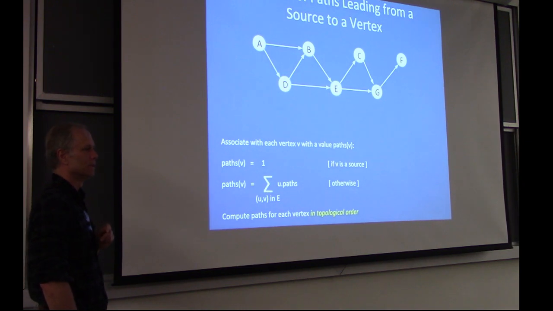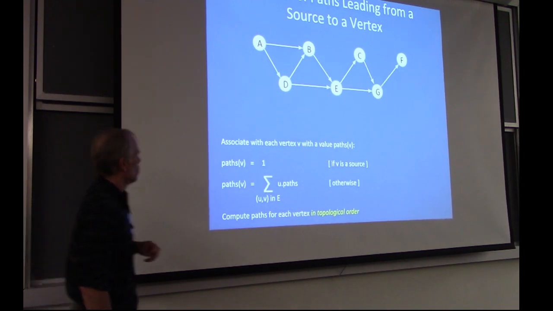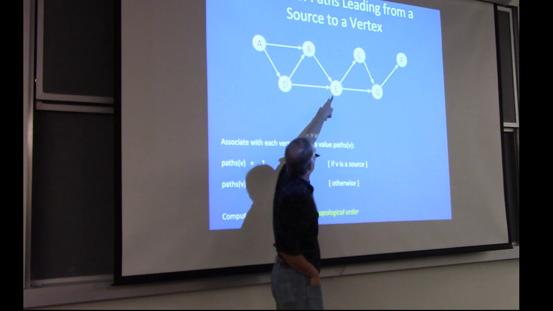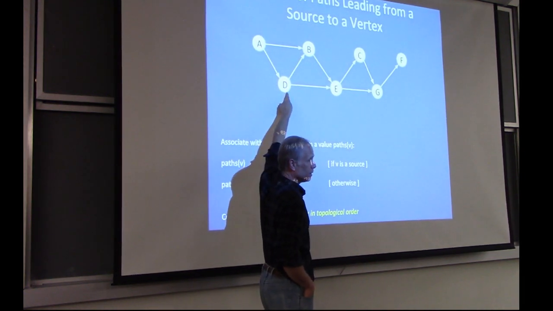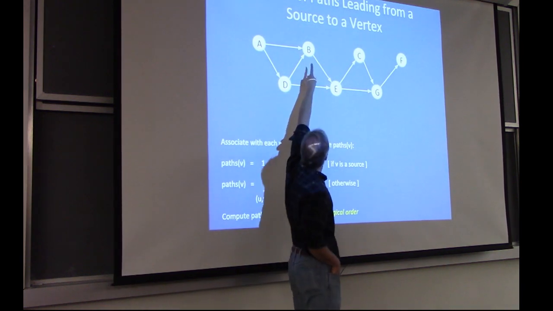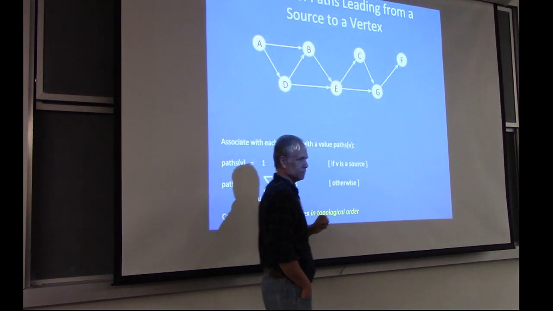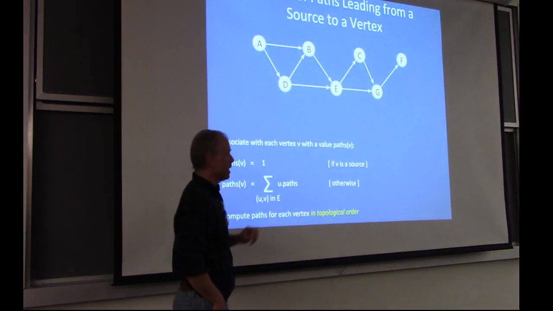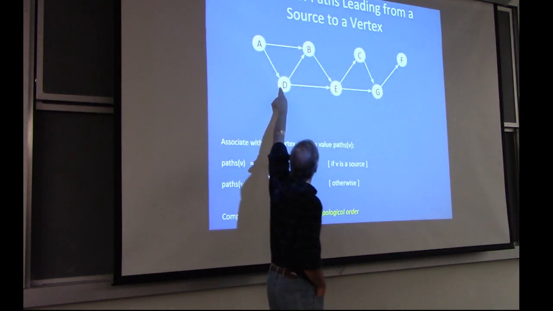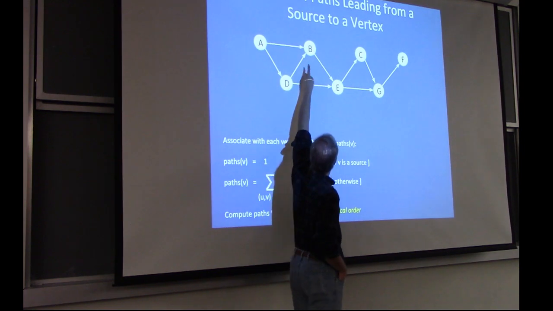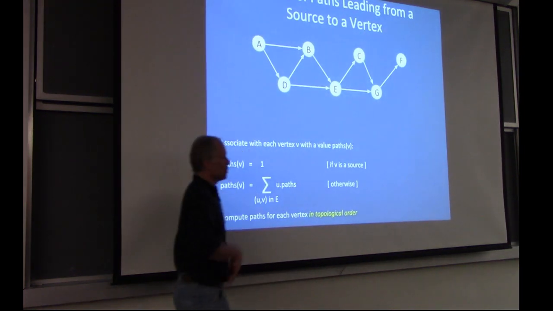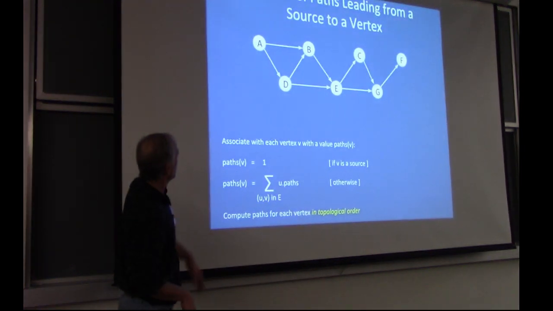Yeah? The predecessor's values? Right. So how many ways are there to get to E? Well, it's the number of ways there are to get to D plus the number of ways there are to get to B. You take every way there is to get to D, you can turn it into a way to get to E. You take every way there is to get to B, you can turn it into a way to get to E. So we just add up the